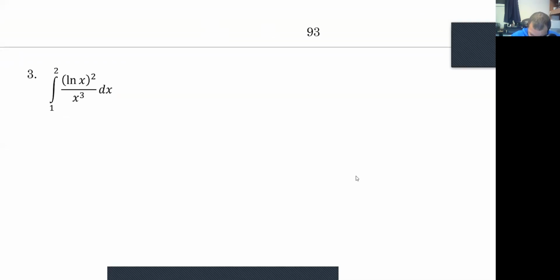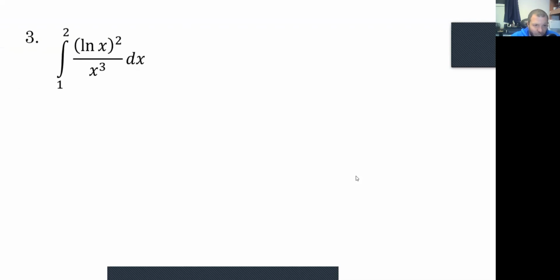All right, so I got smart. I actually gave myself a lot of space for these questions now. So in question three, kind of a tricky one, right? What we can do here is logarithms tend to be really, really helpful in terms of taking integration by